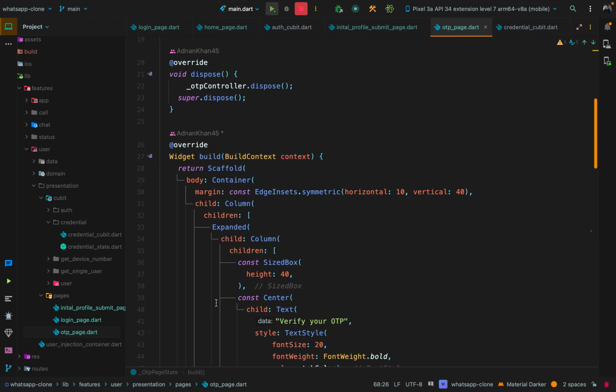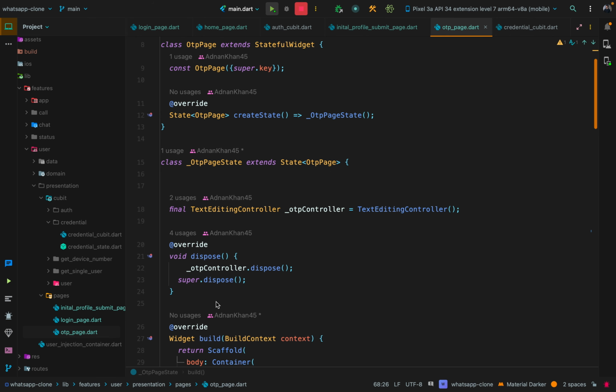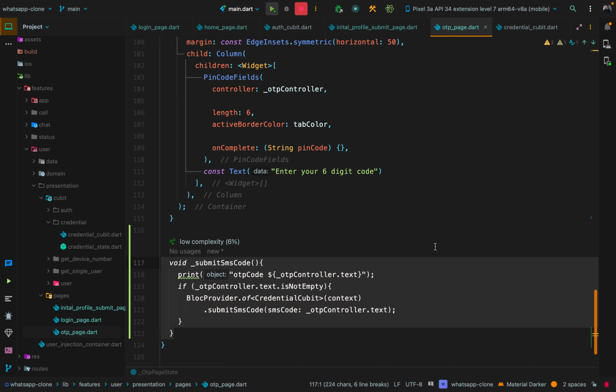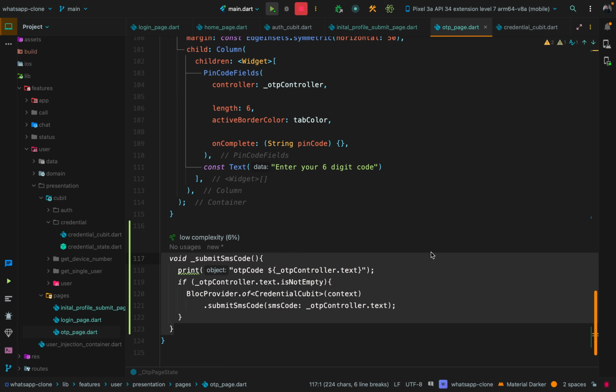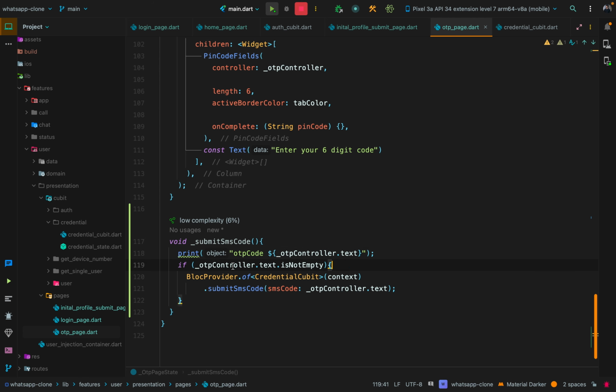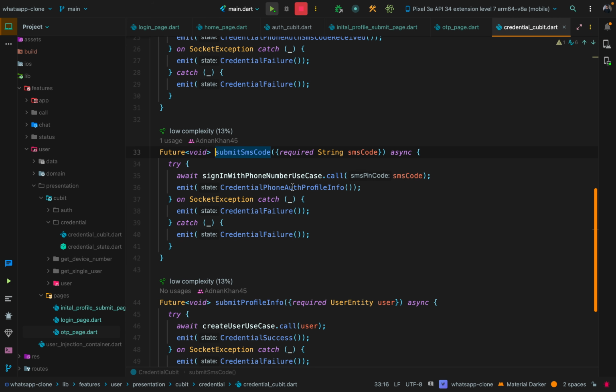In the OTP page, there's nothing to do, but we need a method to change the state and submit the OTP. So this method will also be pretty simple. First, we are printing it for debugging, and we're checking if the OTP controller text is not empty. So we have to call the method from the credential cubit, submit SMS code, and pass the text from that OTP, so that this method will emit the credential phone auth profile info state, and we will navigate to